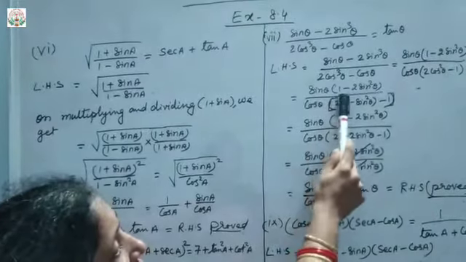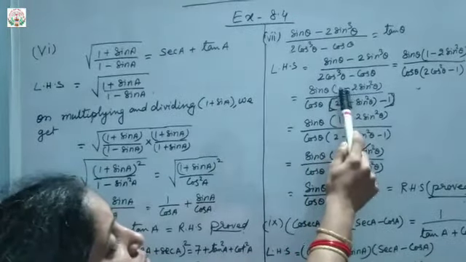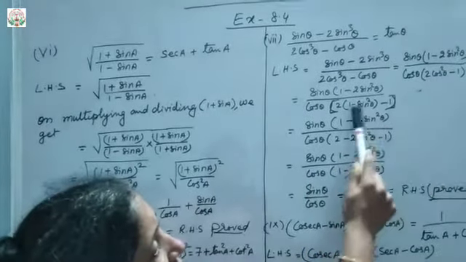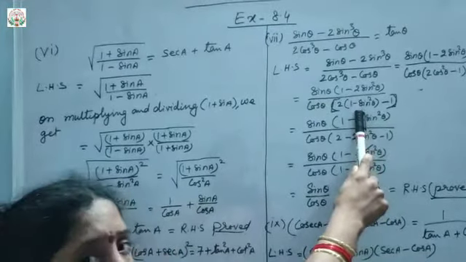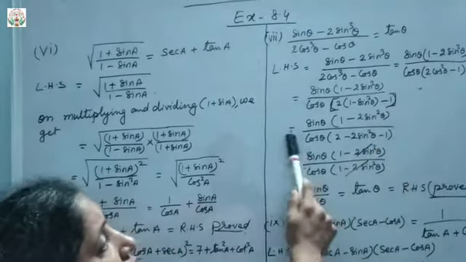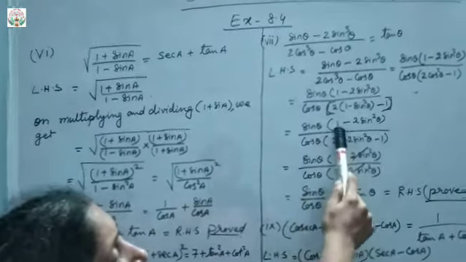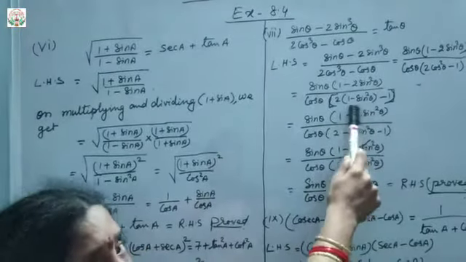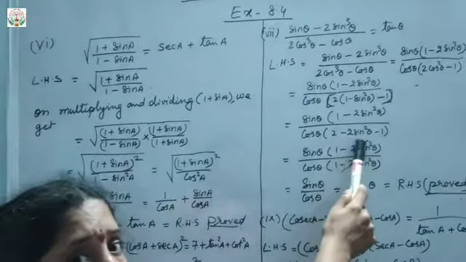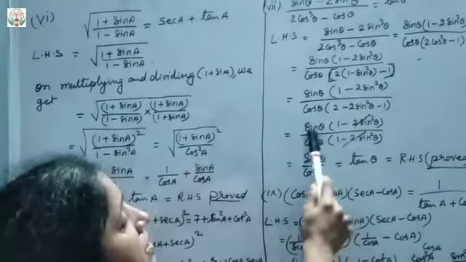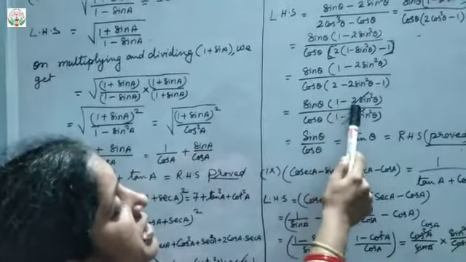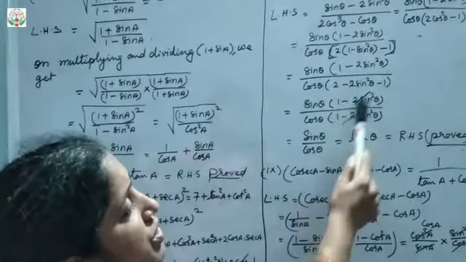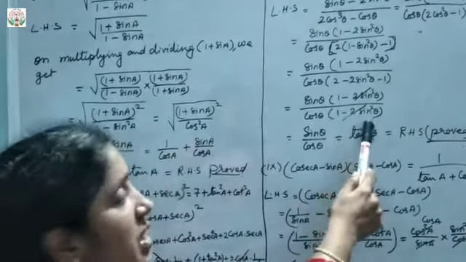That is equal to sin theta into (1 minus 2 sin square theta) upon cos theta into (2 into 1 minus sin square theta, minus 1), where cos square theta is changed with 1 minus sin square theta by the formula we know. Multiply this 2 with this 1 minus sin square theta, what will we get? 2 minus 2 sin square theta minus 1. So now it equals sin theta into (1 minus 2 sin square theta) upon cos theta into (2 minus 1 will be what? 1) so 1 minus 2 sin square theta.